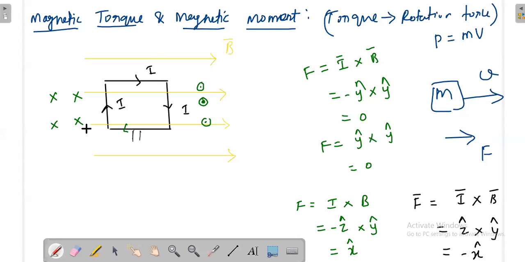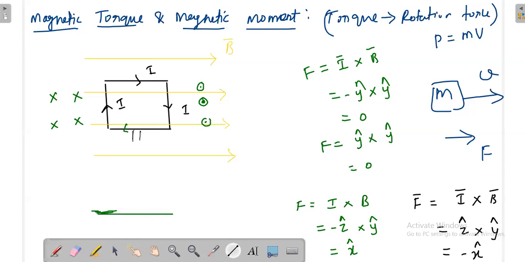That's why I am analyzing only the left hand side and the right hand side. Here the force due to this direction of the current is zero, and here also the force due to this current is zero. Force is really going inside. Say in a two-dimensional paper I am drawing, just to understand this, or otherwise I can draw it in three dimensions. Suppose, instead of a square loop, I am simply drawing a line.